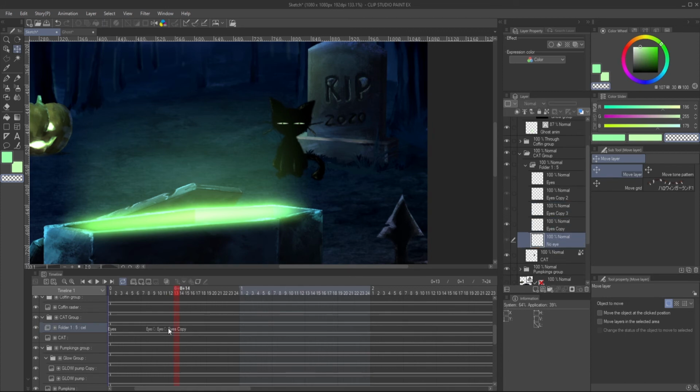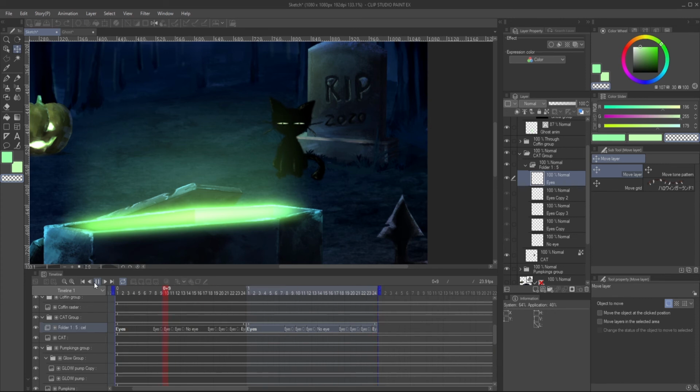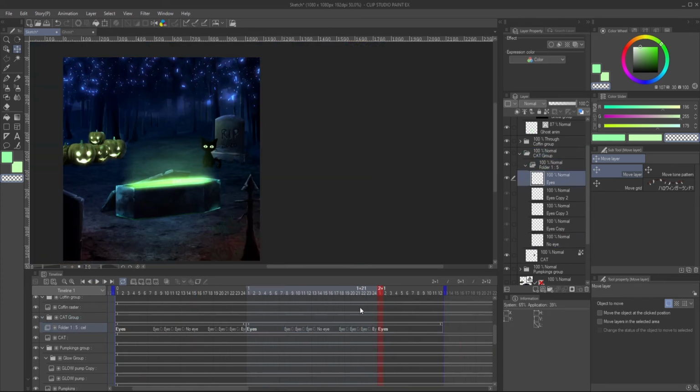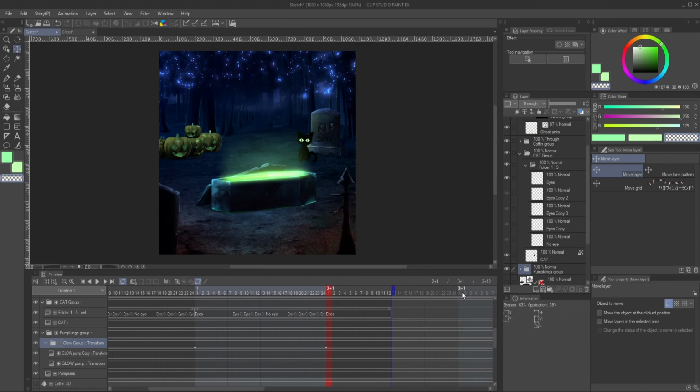After the first animation is done, I split the clip to duplicate it. Then I just play with the timing of the frames and duplicate the clips to cover the length of the animation. To animate the glow of the pumpkins, I simply enable keyframes and added a couple of keyframes for opacity